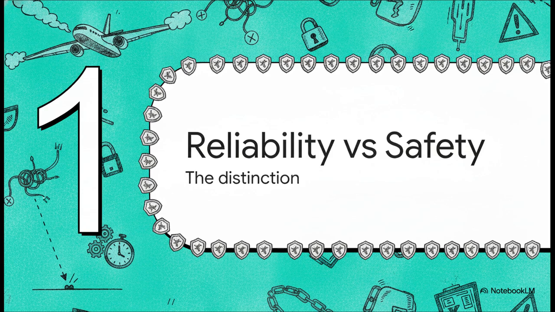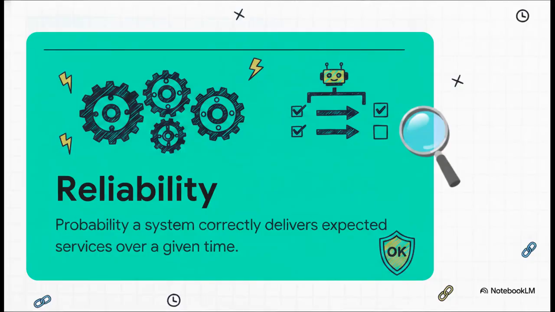Right, let's get into Section 1, reliability versus safety, and understanding that core distinction. It's really common for young engineers to just assume that a reliable program is inherently a safe program. But as we just learned from that Warsaw crash, this is a super dangerous misconception. So first, let's isolate and define reliability. Reliability is simply the probability over a given period of time that a system will correctly deliver services as expected